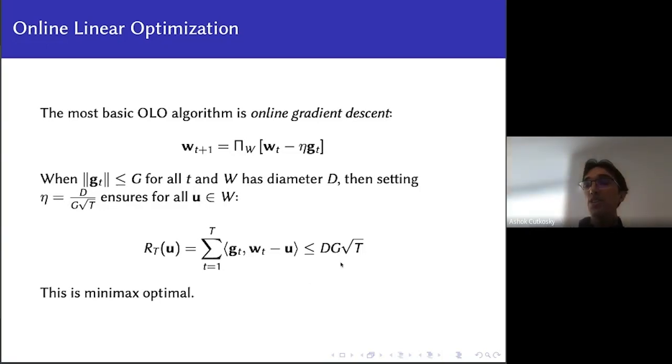So this square root of T is the regret that we're able to gain, and this is minimax optimal. So what does that mean? It's possible that there could be some U's, and there probably are, for which this R_T(U) is actually less than DG root T. If you look at this, the left-hand side is a function, and the right-hand side is a number. So what we're saying is that this function for all U is bounded by this number. So that means that for some U, it's probably less than the number. So when we say it's minimax optimal, what we're really saying is that any other algorithm you pick might, for some U, get a smaller regret bound. But there will be some sequence of g_t's and some U for which its regret is at least this amount. So you can't beat DG root T all the time.